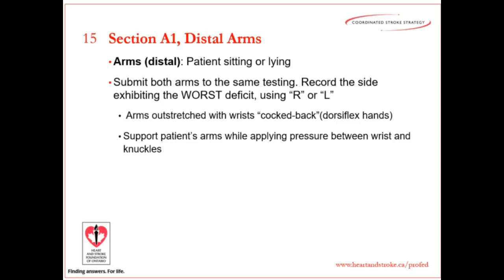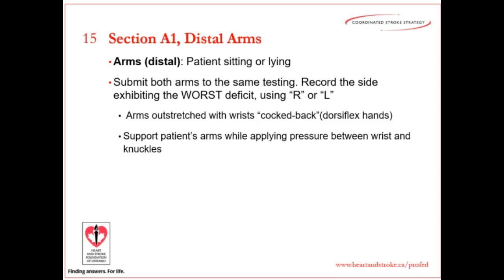Then we would assess the distal arms, okay? So again, submitting both arms to the same test. Any worse deficit on the right or left side would be what we would be doing here. Okay. So with the arms outstretched and the wrist cocked back in a dorsiflexion of the hands, okay, you're going